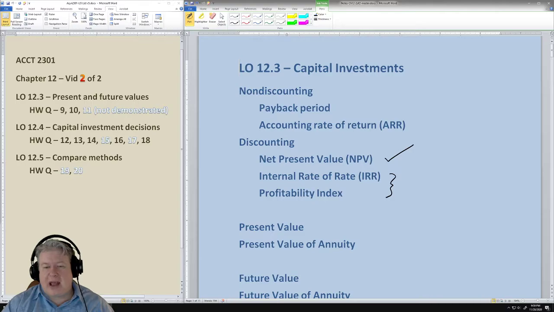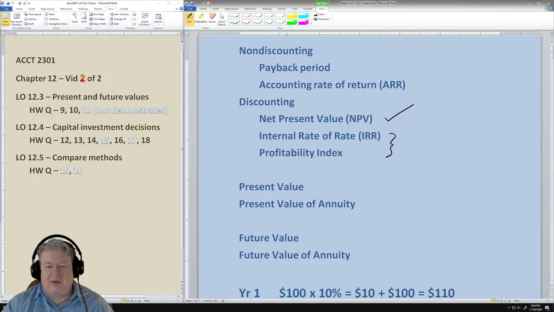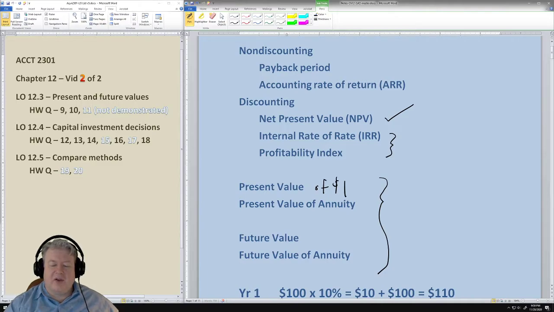Well, just the word net present value brings up the idea of these four categories. You'll notice if you've already started the homework or the reading, you're going to quickly get into four big tables. And they'll say present value of a dollar, present value of annuity of a dollar, future value of a dollar, future value of annuity. So all these mean is